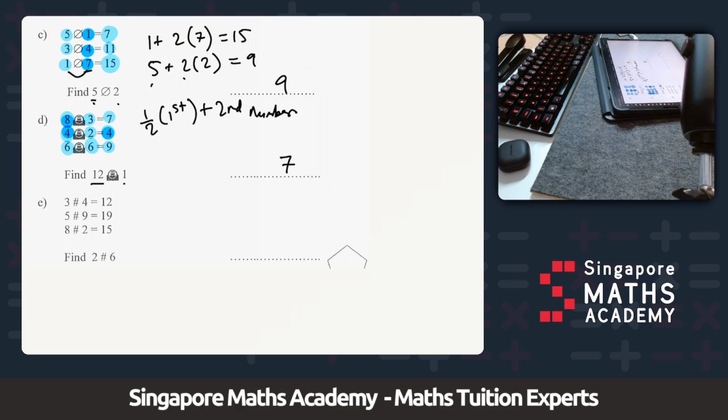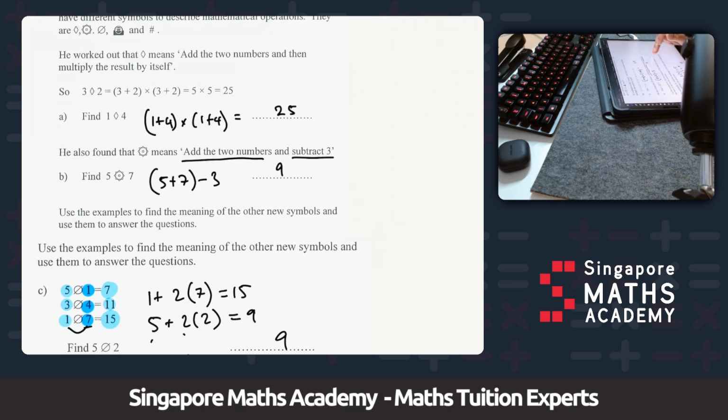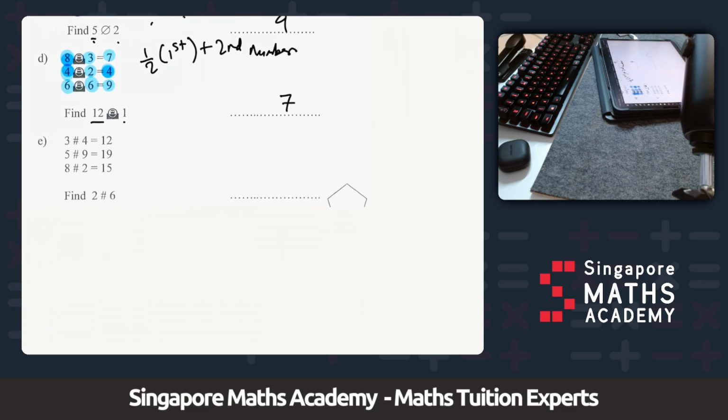All I'm doing is I'm trying to notice the difference between when I add them, because so far I think the previous two we've added the first numbers, and also I've looked at after adding them what's the difference, and if the difference is linked in any way to the other numbers that we have, right? If it's half of it or double it, or if it's something, you know, take away 1 or add 1, I'm just trying to work it out in that way. So the last one,